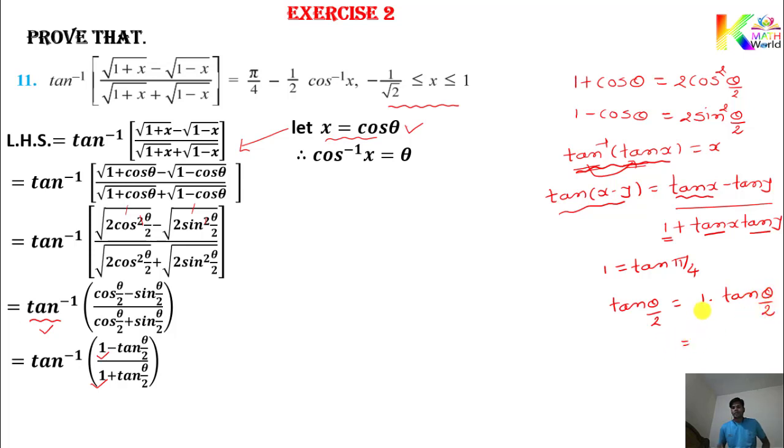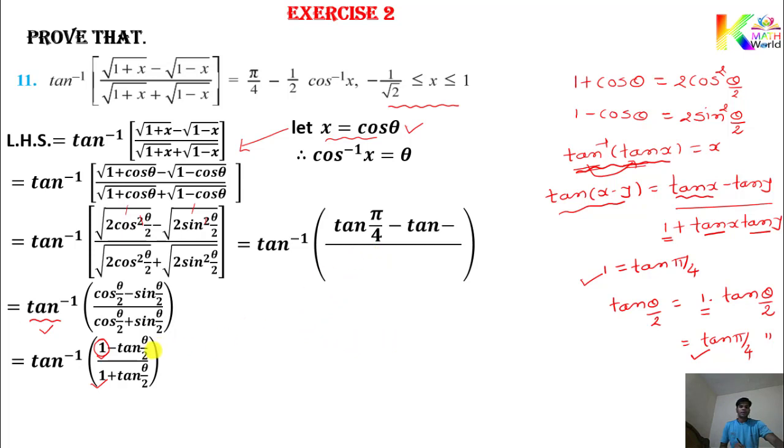Okay, and this one can be replaced by which one? Tan pi by 4. Okay, got it? And this tan theta by 2 stays as it is. So what do you get here? This one is replaced by which one? Tan pi by 4. And here 1 is hidden in multiplication, so that one can also be replaced by tan pi by 4. That you can see in the next step. So we will get